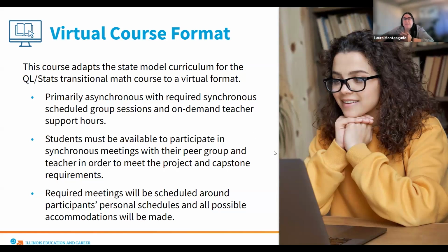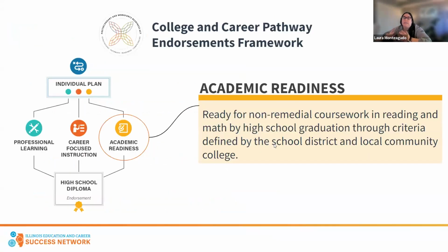And just for context, with today's conversations about CCPE and how all these policies are aligned, Megan shared the framework earlier and talked about the push with 3296 to have districts implementing the college and career pathway endorsement. While math was legislated in the PWR Act, transitional English is not, it's optional. However, I'd like to remind folks that even though transitional English is not required, or districts may have previously opted out of transitional math, it's something to think about as you're going through these endorsements,